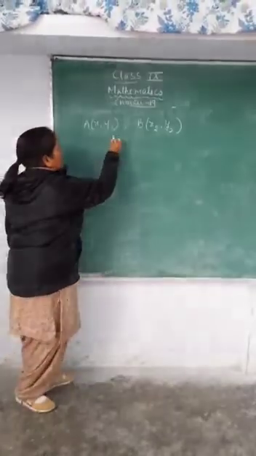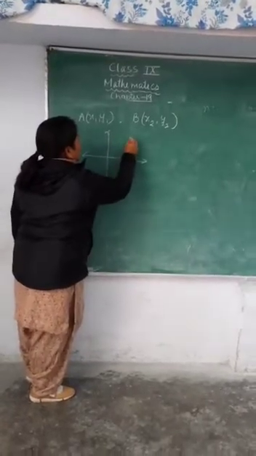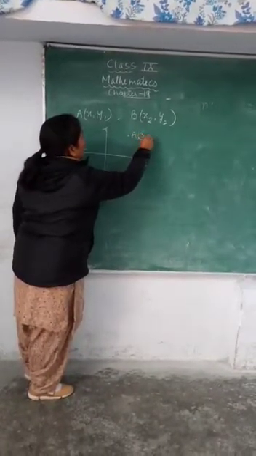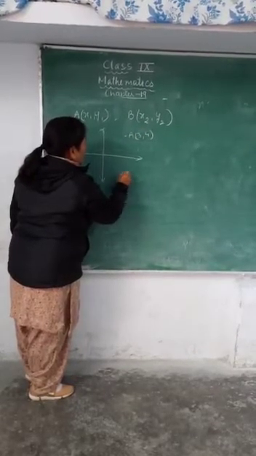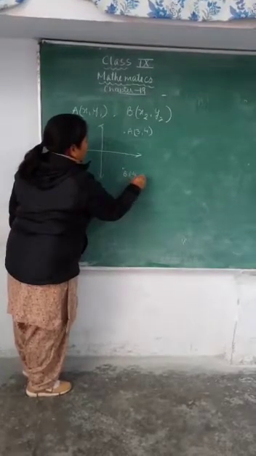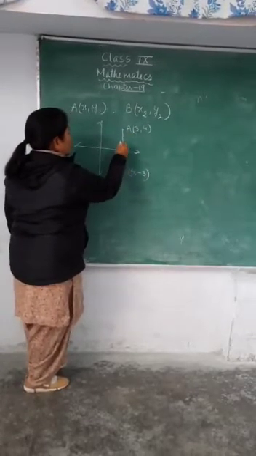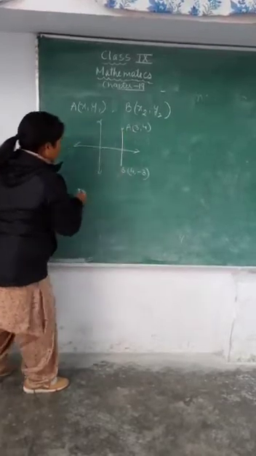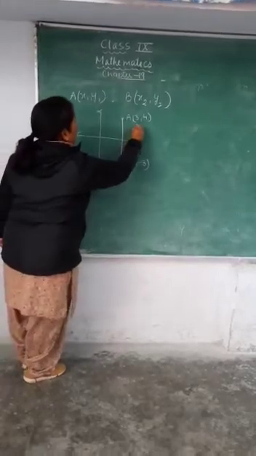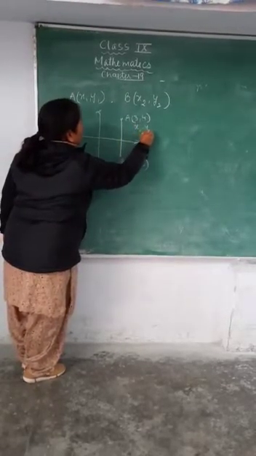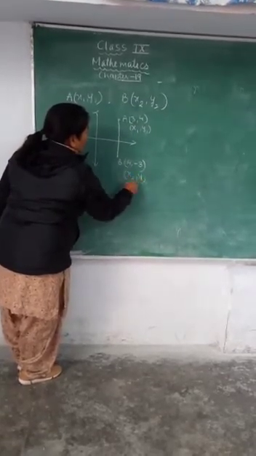If on a graph paper you are given the coordinates of 2 points, suppose A is given as 3 and 4 and B is here whose coordinates are suppose 4 and minus 3, then how will you find the distance between these 2 points? So there is one formula. AB is equal to, suppose the coordinate of A is taken as x1 and y1 and the coordinate of B is taken as x2 and y2.